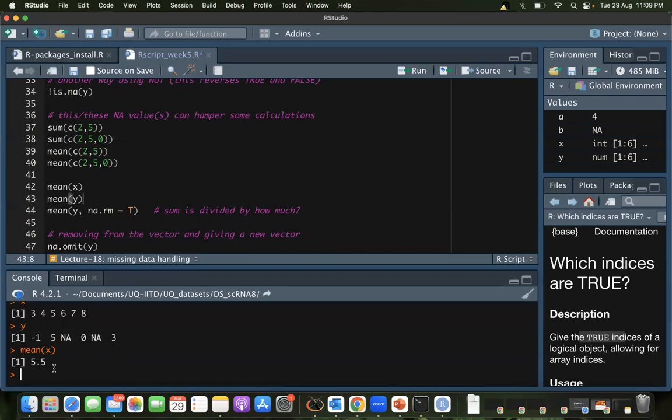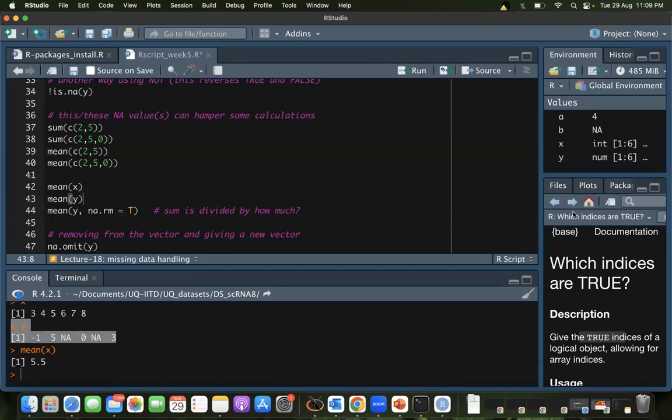What do you think, if you were doing it manually, what would you do with NA values? If you have this one, what should the mean be, and why? Can one of you tell me what you would calculate? I don't need the final number, but how would you proceed with it?